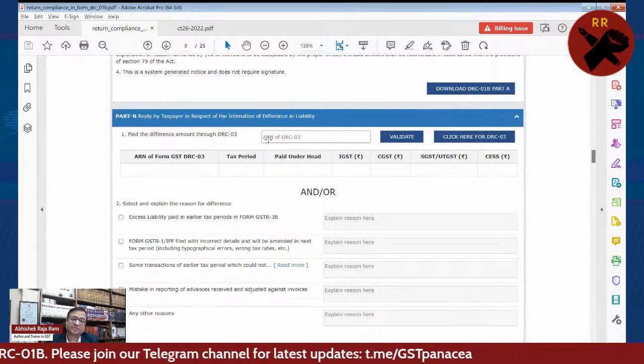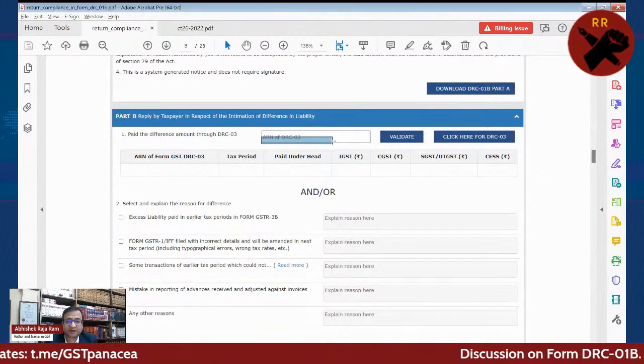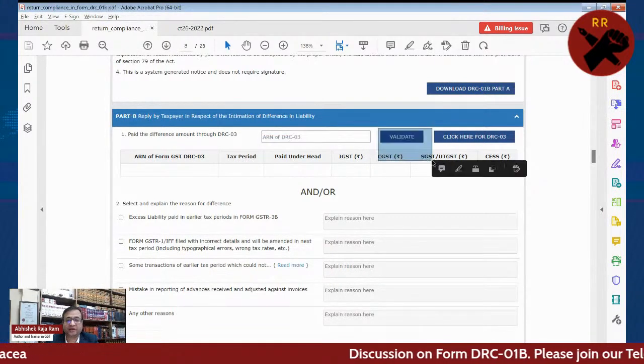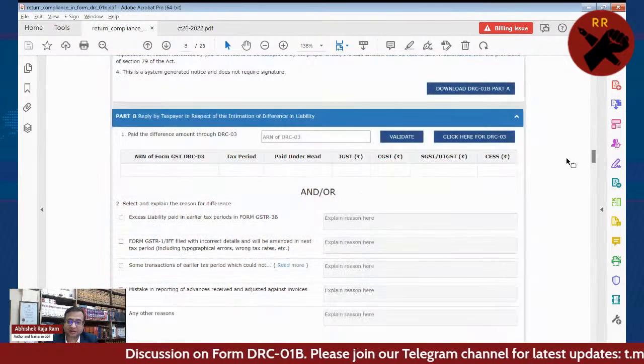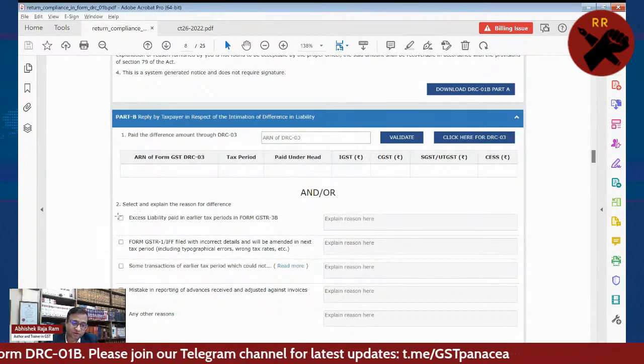Then here we will enter the ARN. You can see this is the ARN. And after entering the ARN here, they will try to validate this. So you have to validate this, where the details are, and then you have to use the check boxes